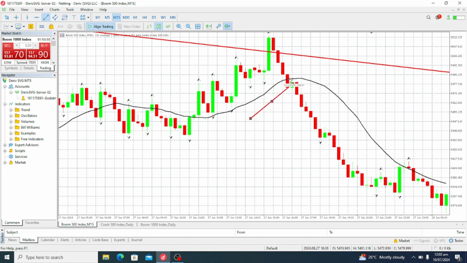Anytime you see a cross on the moving average, and a candle closes below the moving average, then take your trade at the next candle, with the stop loss above that candle that closes. So it's pretty simple. You're risking very little to make a lot of money. So the stop loss should be here. Then you take profit target 1:3. Then you're out of the market. You understand? You make a lot of profit.